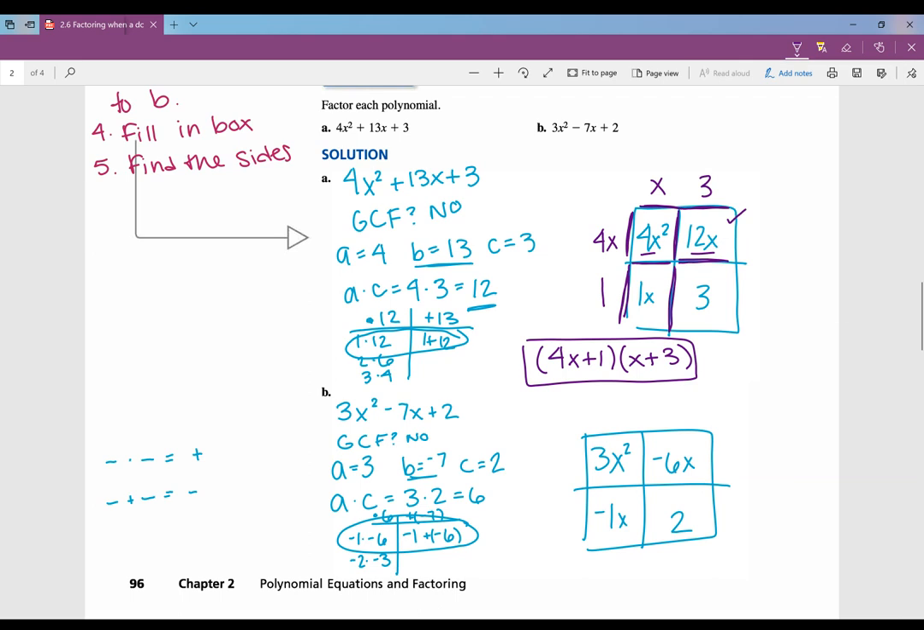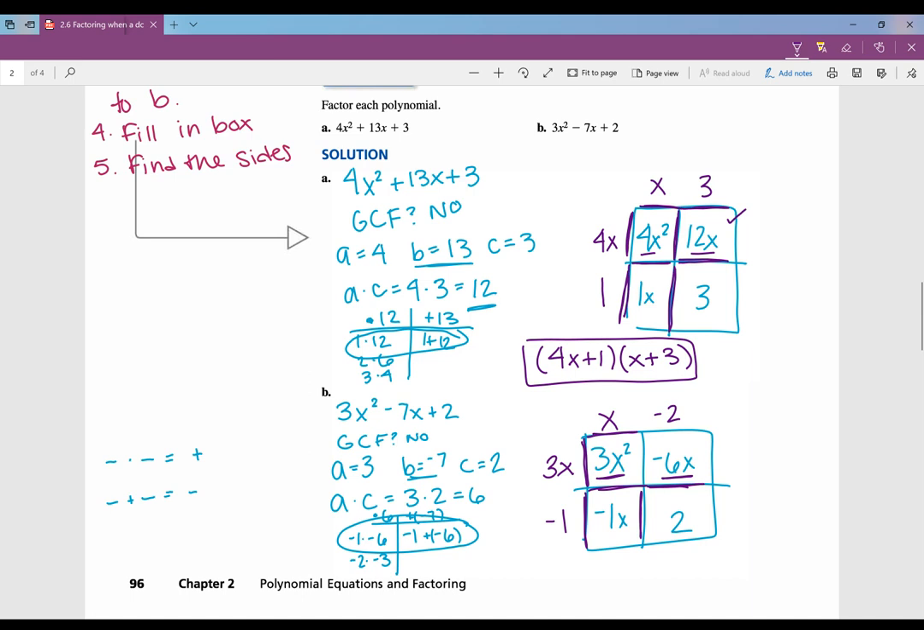Okay, now we just need to find our sides. So if we look between 3x squared and negative 6x, what do those have in common? Well, they both have a 3x. And if that side's 3x, then what does this side need to be to get 3x squared? Well, it would need to be x. And if that side's x, that means that this side would need to be negative 1. If that side's negative 1, what would this side need to be to get us a positive 2? Well, it would need to be negative 2, right? A negative times a negative is a